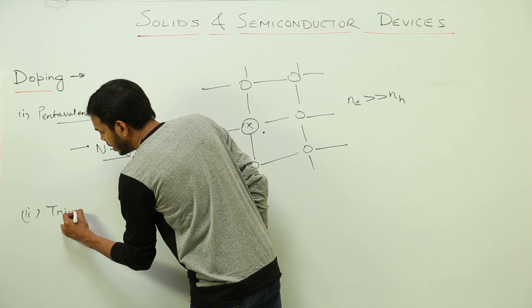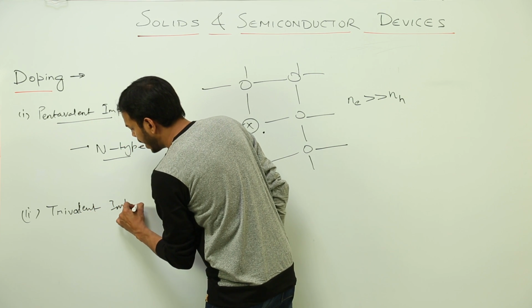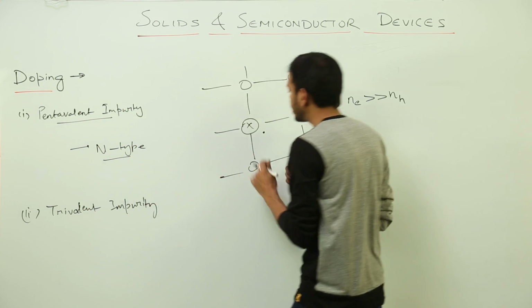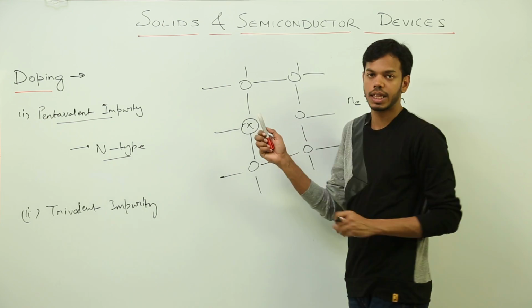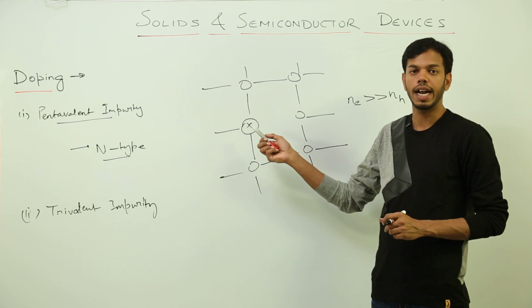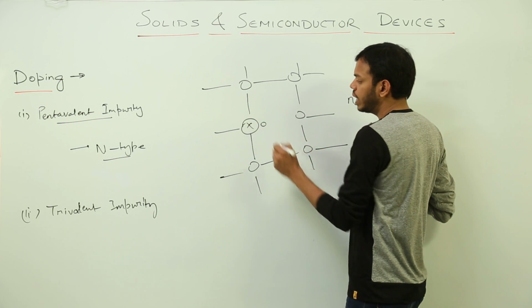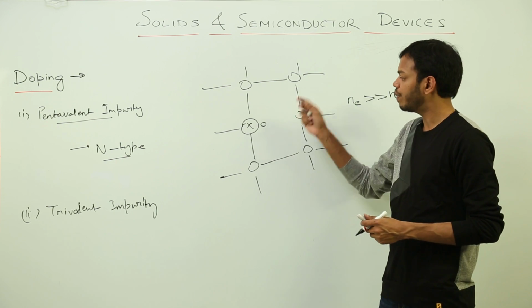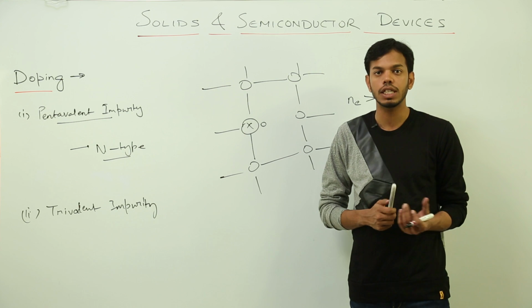a trivalent impurity is added, when these trivalent impurity atoms are added, what will happen? Instead of this structure, I'll get this type of structure, where there will be 3 bonds of the impurity atom with silicon atoms, right? So one hole is making a space. So with the addition of every impurity atom, you are getting an extra hole in the void,